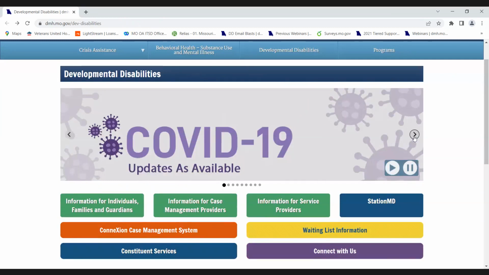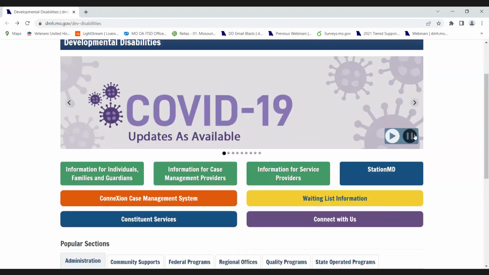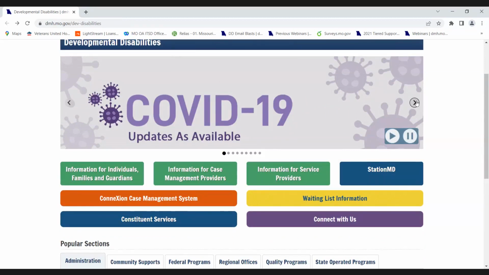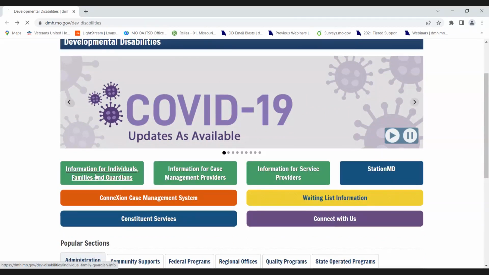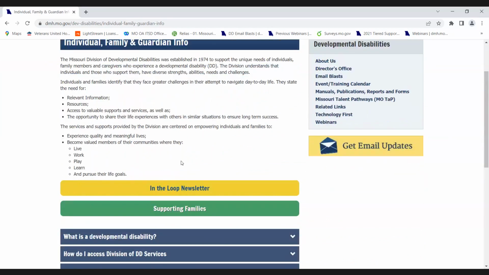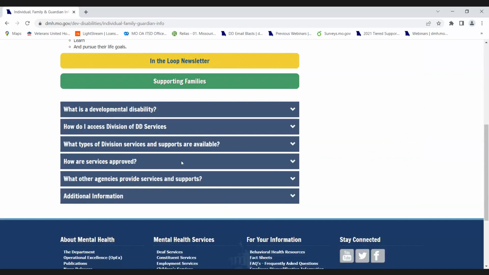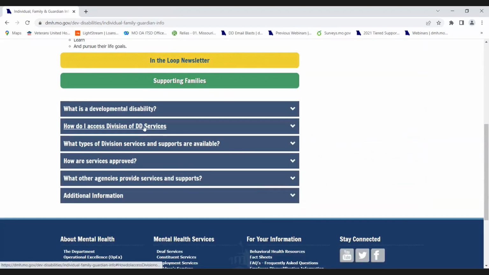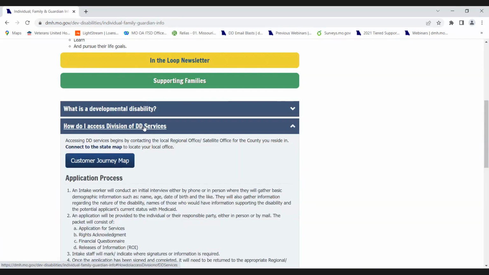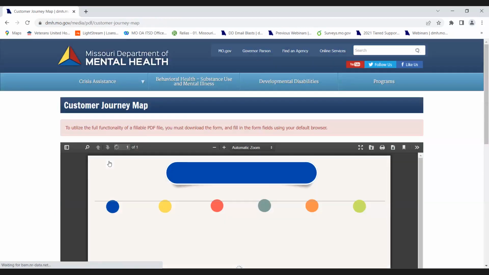I want to make sure that we can also show folks how to navigate to another page. If you will, click on the green button for information for individuals, families, and guardians. Yep. And if you scroll down, you will notice that there is an accordion titled, How Do I Access Division of DD Services? Under that accordion, we have a customer journey map. And so if you click on that customer journey map,